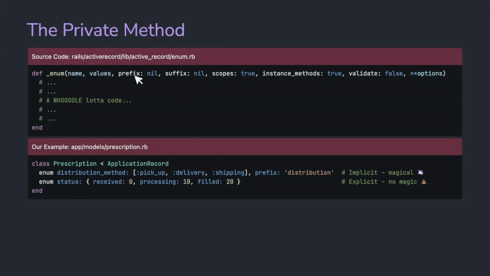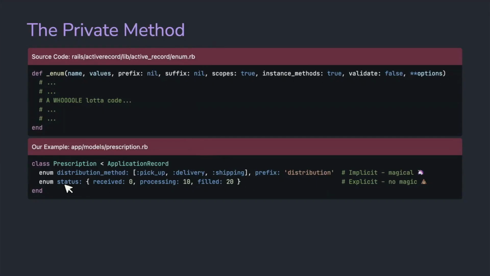The options here we have default set. So prefix and suffix have nil set as defaults. Scopes and instance methods have true set as defaults. And validate has false. And then this is taking other options in that may be passed.